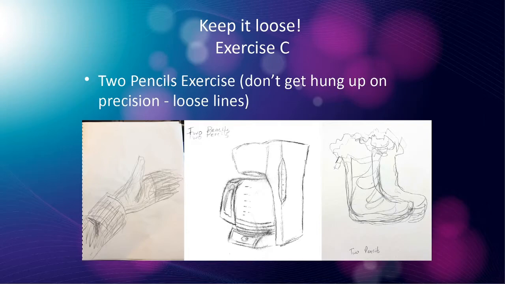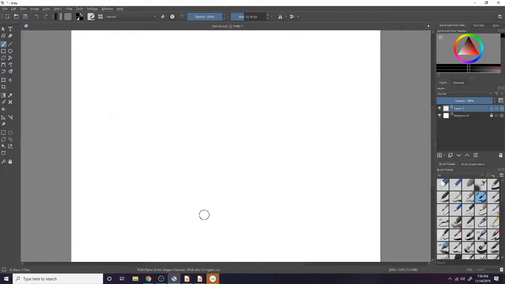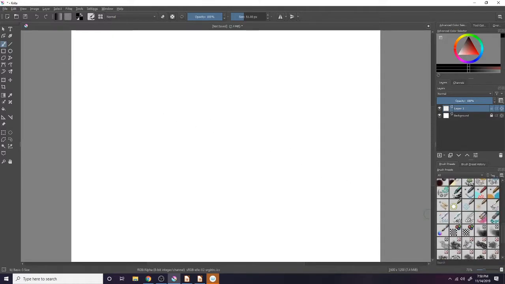You see a double image of the boots here and the double image of the hand here. This person sort of cheated a little and held the pencils in line with each other as they created each line. So that's kind of a workaround. But the goal is that you go, well, it's not going to be perfect because I'm drawing 2 lines, and then you just go with the flow and try to have fun and make something and not care that it's not perfect. I'm not sure if I can do this in Krita, if there's a way to do a double. Maybe look for a wacky brush on the lower right-hand corner.